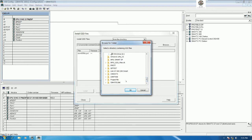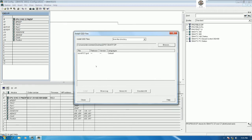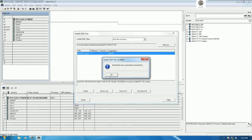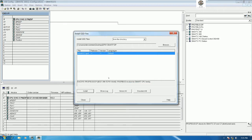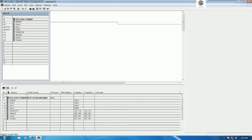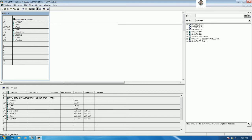So we can go to this one, yes, and then click here and then click install. Okay, install again. Install was successful, yes, and then click close. Okay,